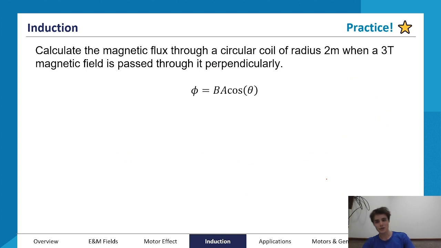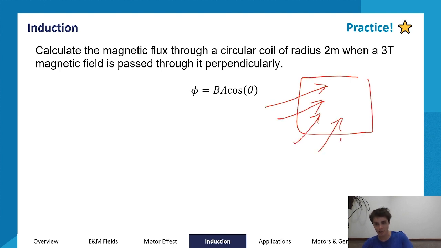Now, the formula that you are given on your formula sheet is this full one. Once again, just ignore the theta, or try and ignore the theta. Once again, we get a maximum flux when a magnetic field is passing through a particular area perpendicularly. And so as a result,